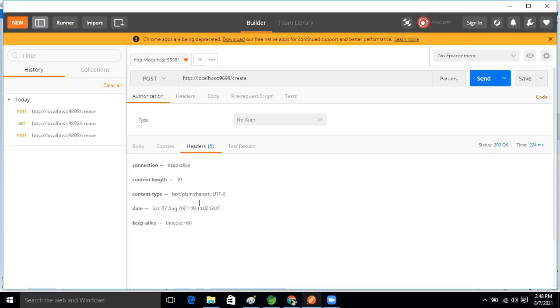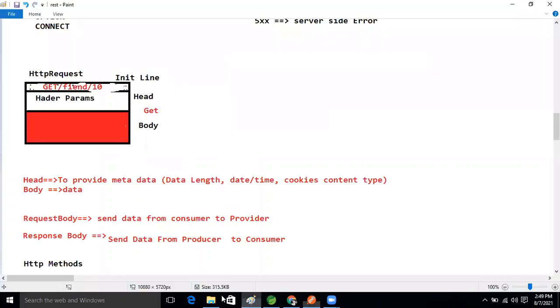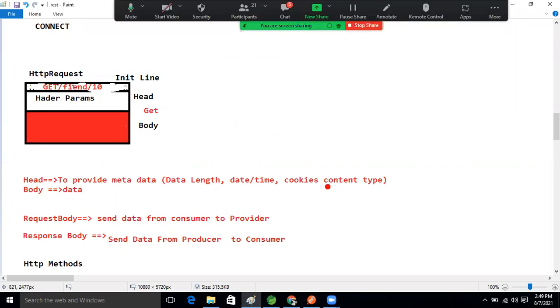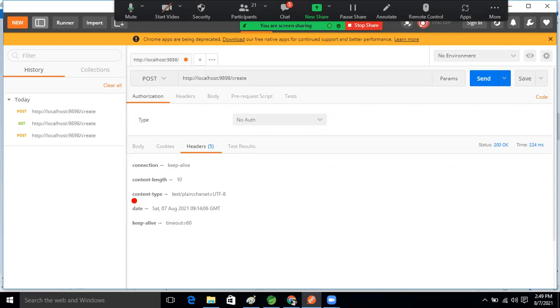Date and time is there, or not, guys? After that, I explained cookies and content type. Cookies, leave it for now, later we will see it. But content type I said will also come. So come here in the content type: text slash plain, text plain is there or not, guys?